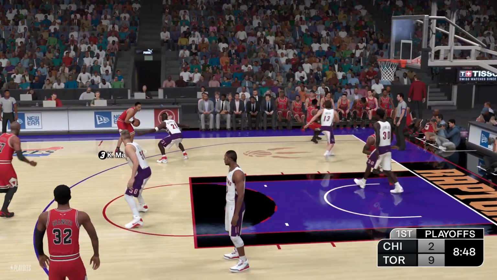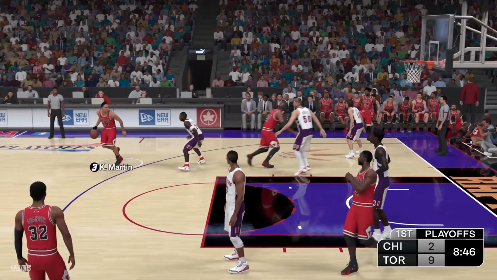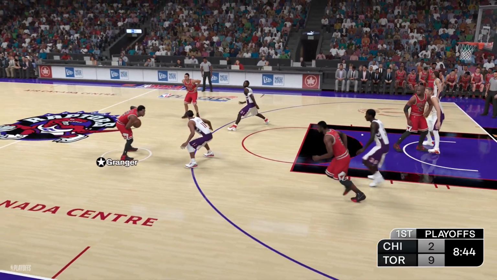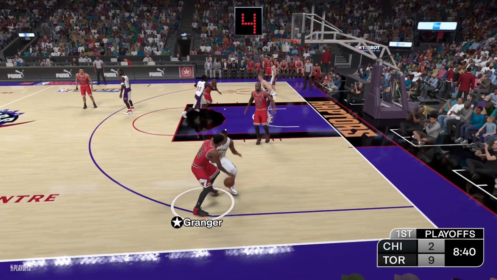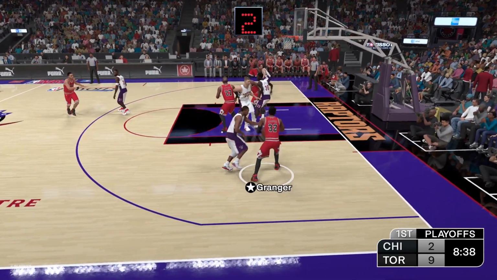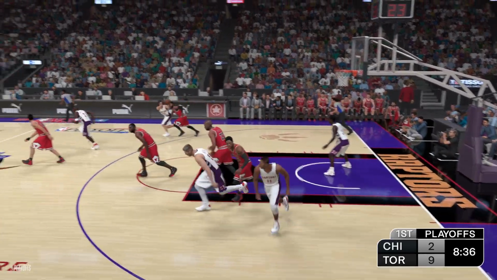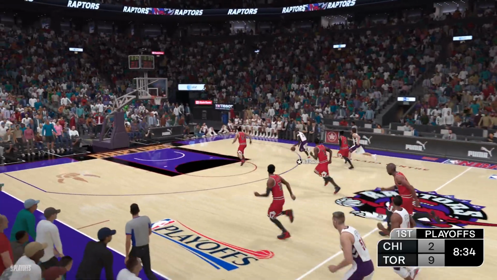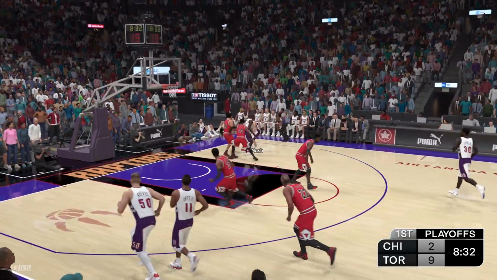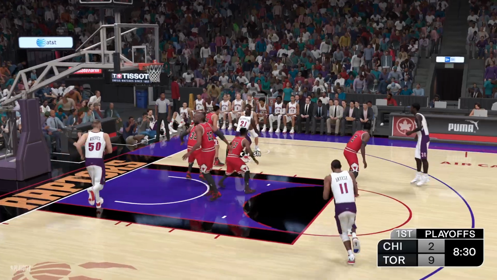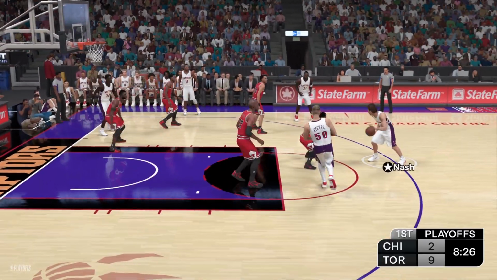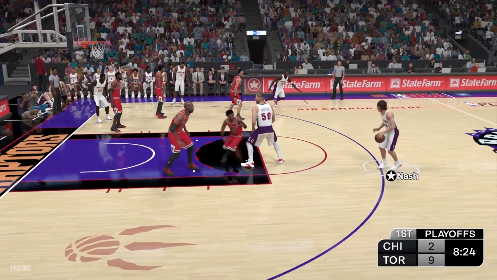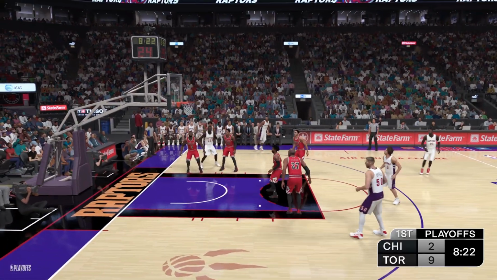Outside, Martin. Pass to Granger. 5 on the clock. Knocked away. Stolen by Artest. Now the Raptors moving it up. Nash dishes to Richardson. Nash outside. From past the arc.